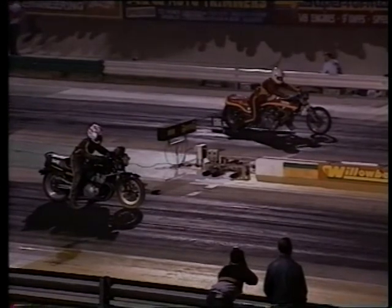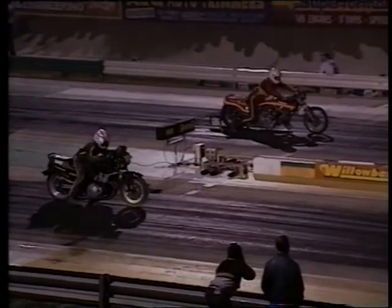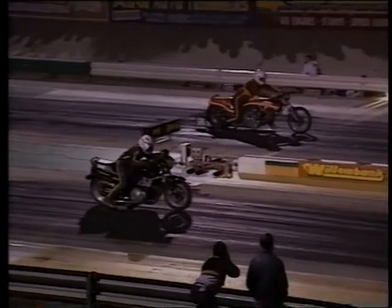Here we see Andrew Wilson about to leave the line on his handicap start. Gets away, Dave Borum winds it up and leaves, bringing on the red light. Borum will...